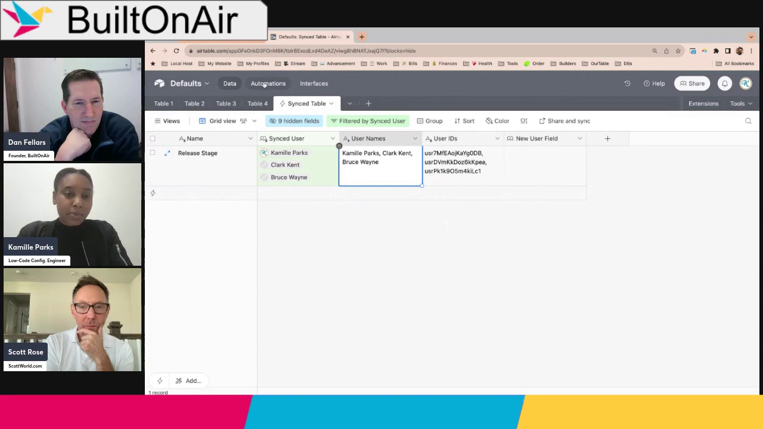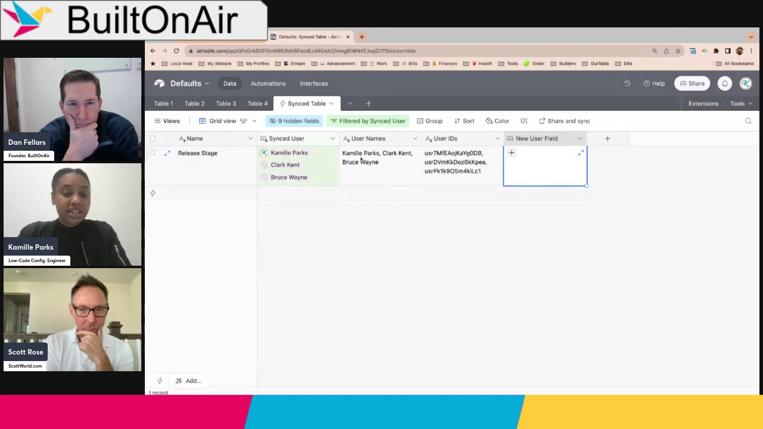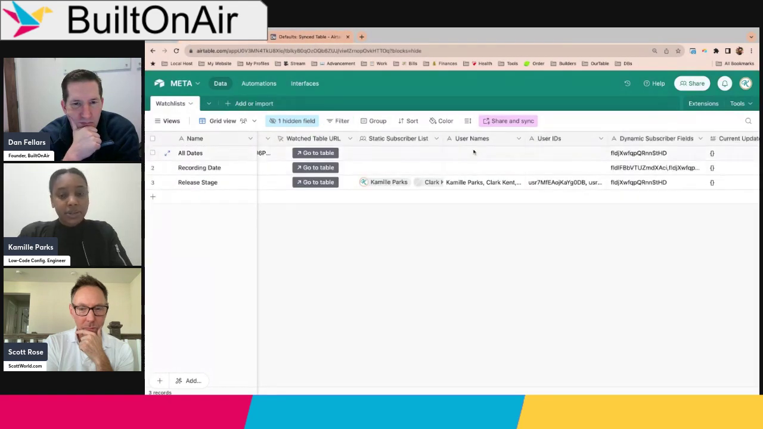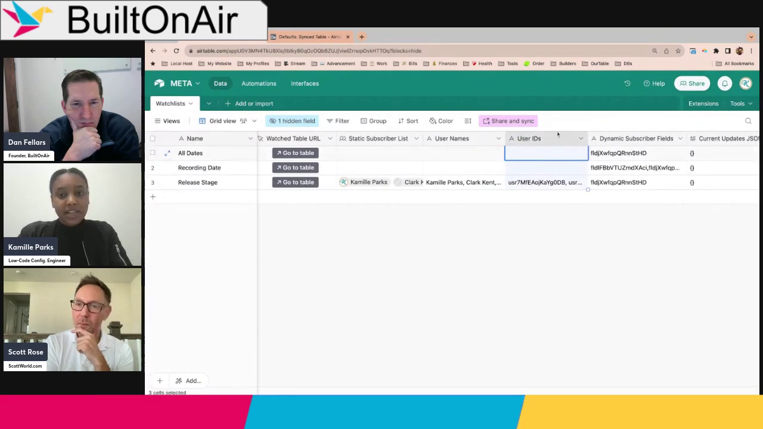The solution I came up with is to update my new user field with a script, but you can't supply just the names to a script. You need to give it the user ID. And in order to do that, back in the original table, what I did was I just created a user IDs field, which is a simple